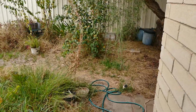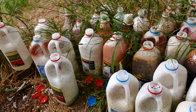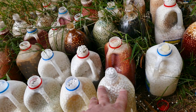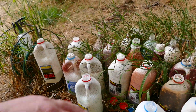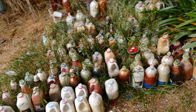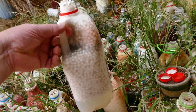Anyway, we'll see how we go, but maybe the meat ants who are attacking these things are giving us a heads up before we know that we've got a heads up. Maybe all the ones that they're going for and the one that they're not touching, or it could be counterintuitive. That one will work and all the ones they're going for don't work or have some problem with them. So anyway, because this one here flashed fastest within 2 days, it was going red, and now it's got signs of